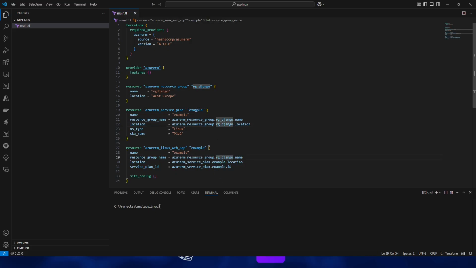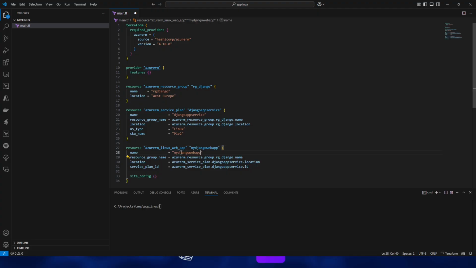Now let's change here to Django App Service, and here too, Django App Service, and let's replace the reference to the App Service plan. And to finish, put a unique name for your Azure App Service, for example, my Django Web App.